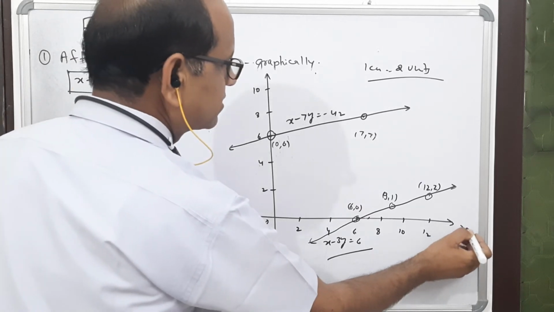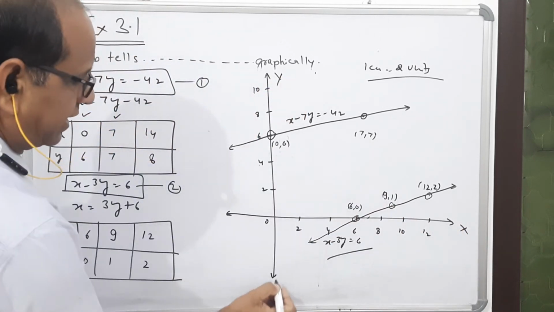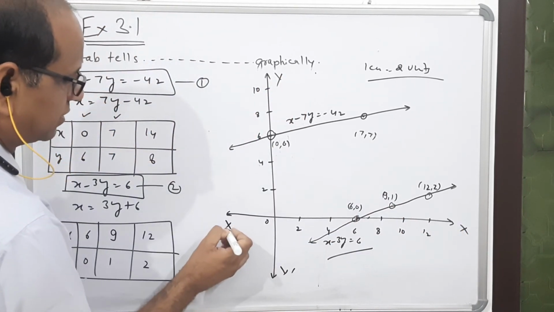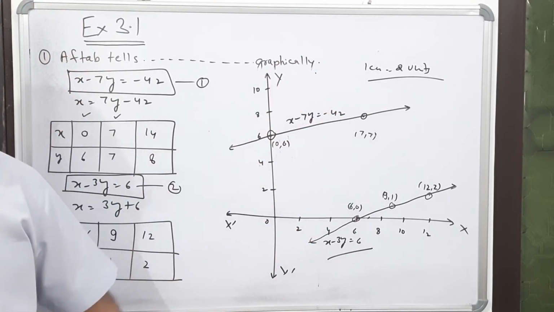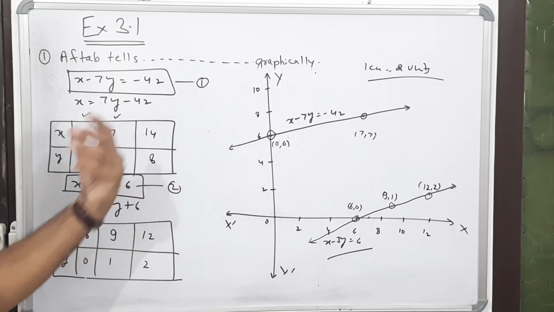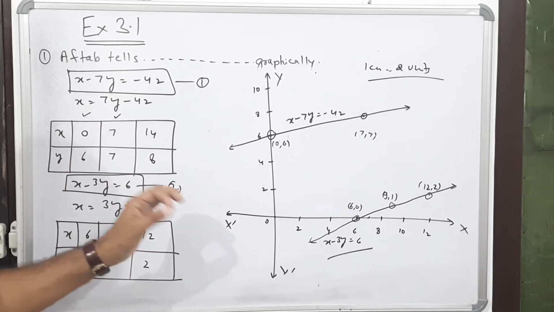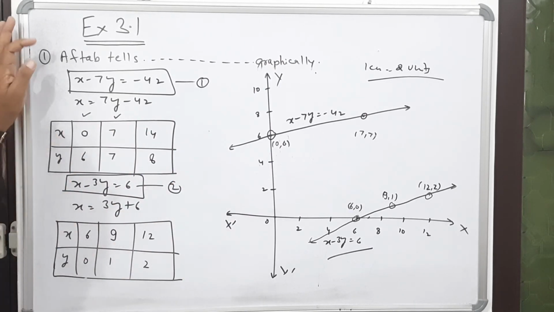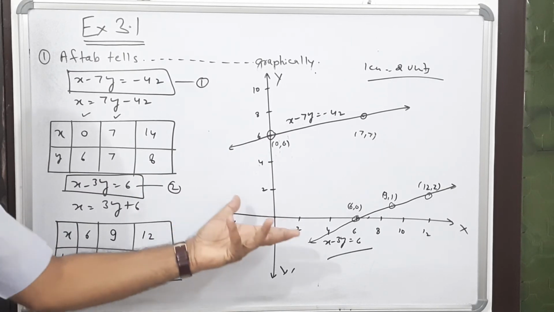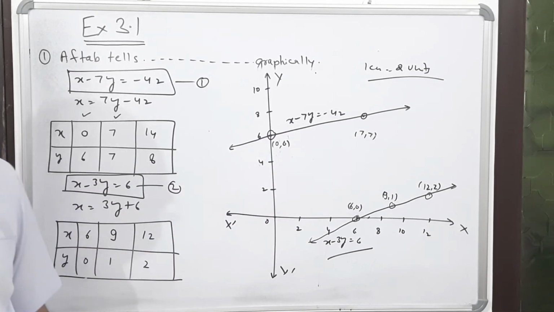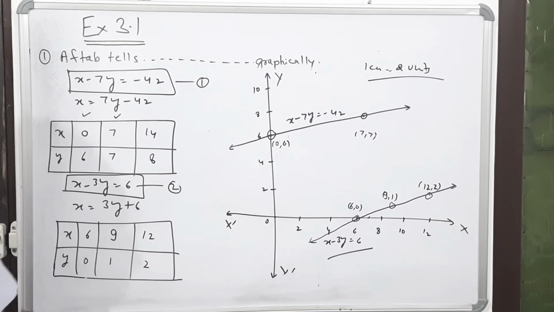There are a few parts. This is the x-axis, this is the y-axis, this is y dash, this is x dash, this is the origin. All these you have to write, even the proper scale. So this is the complete sum for graphical representation of the given condition. First it was algebraic representation and now it is graphical representation. I hope you all understood this part. Please see the video again and again.